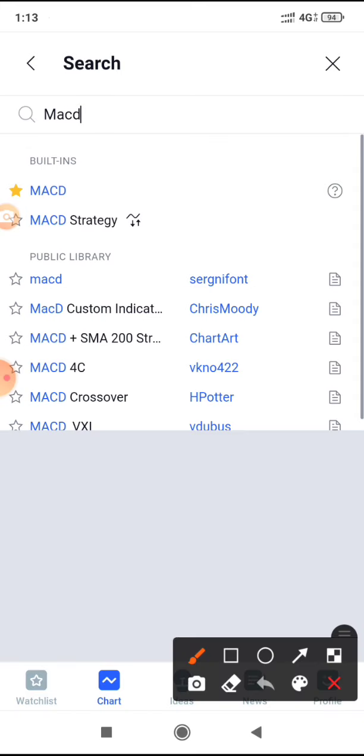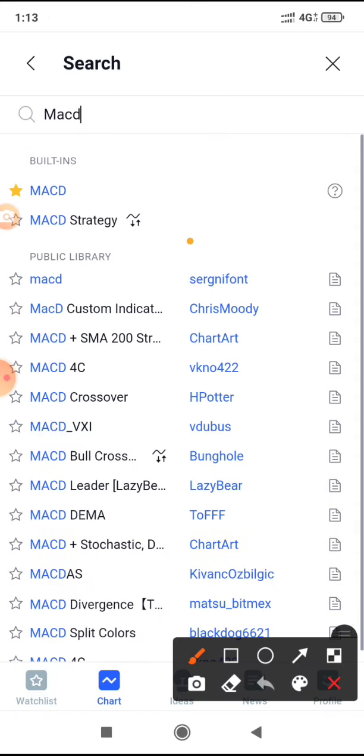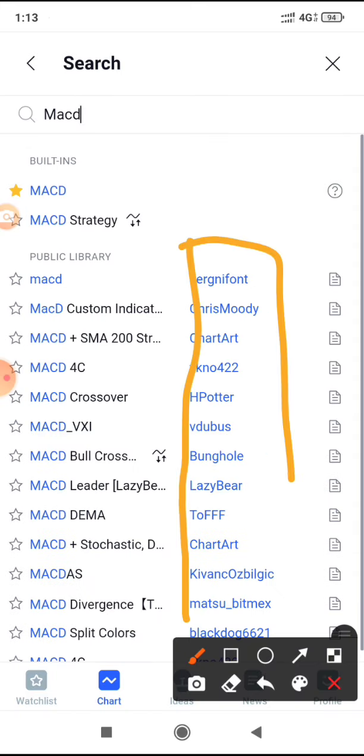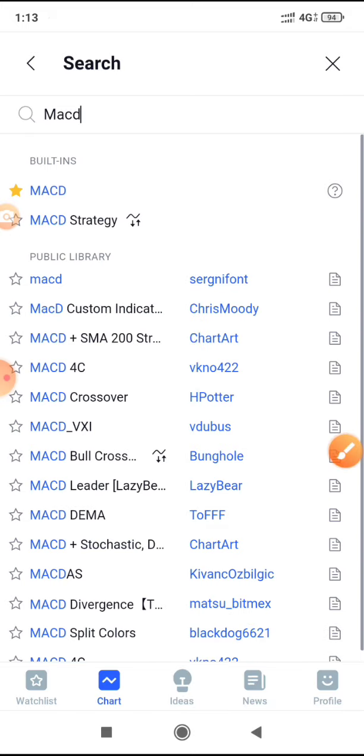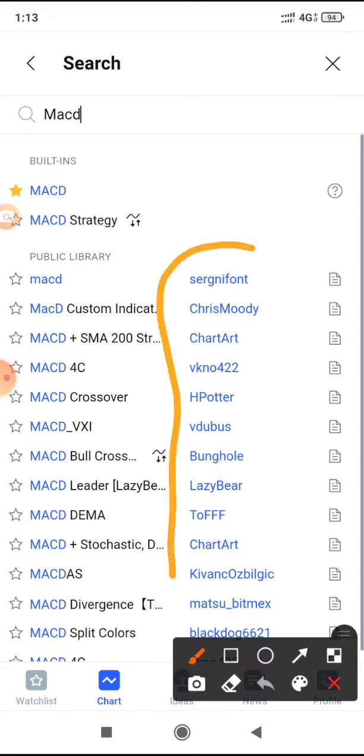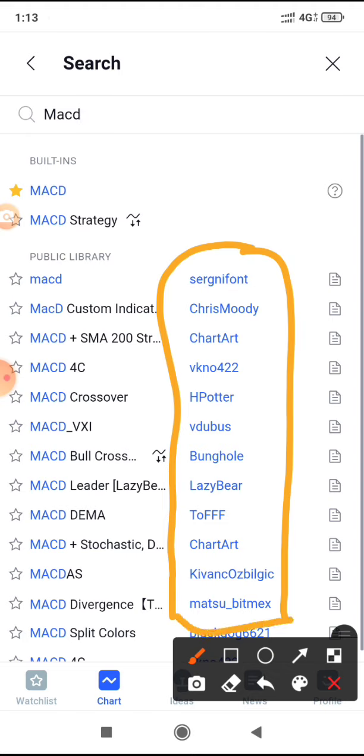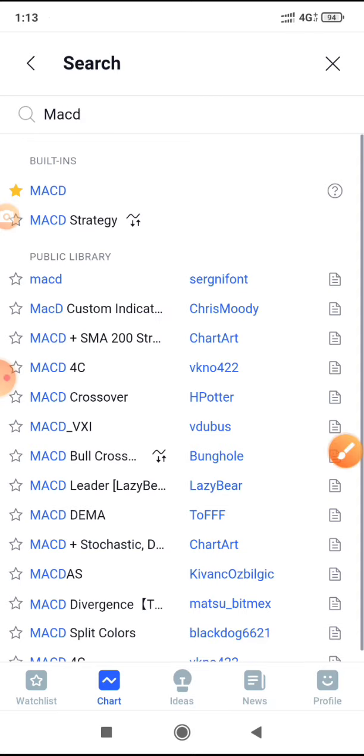So I will select MACD, and you would see that these are modified by these people. So these accounts have modified them as per their standard. They have created some templates. They have modified some settings. So they might have modified the default setting, and then they are saving that as a public library template. So that's also possible.